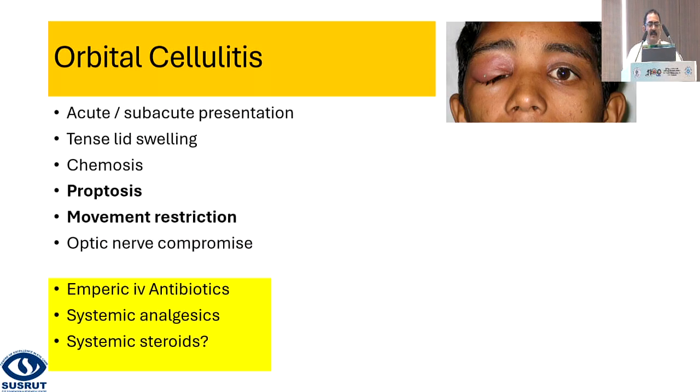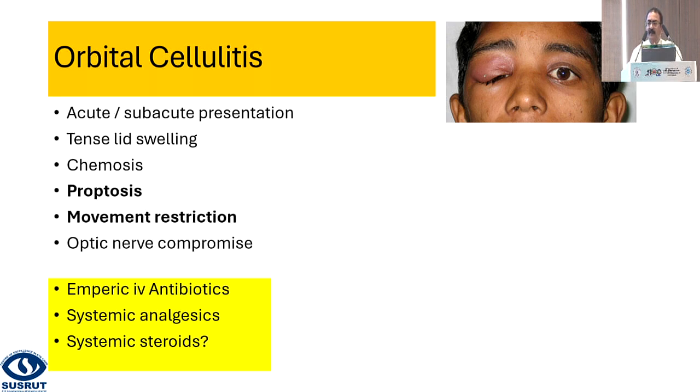If you look at orbital cellulitis, what distinguishes it from this situation where this child has a preseptal cellulitis is the proptosis, the movement restriction. And of course, again, attention to the pupil, attention to vision. And these patients also have a lot of chemosis. And always examine the tenseness of the lid. Can you open the lid freely, or is it taking an effort? And that is, again, something that you can monitor.